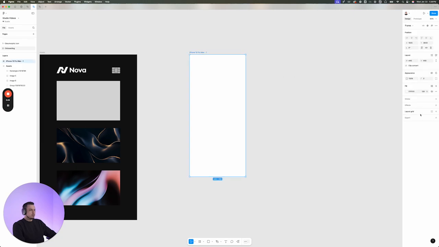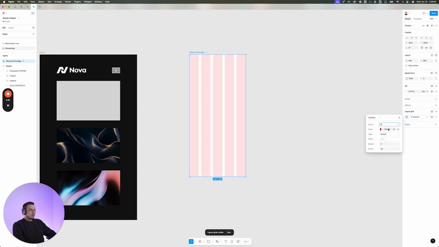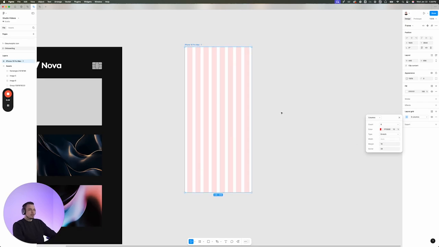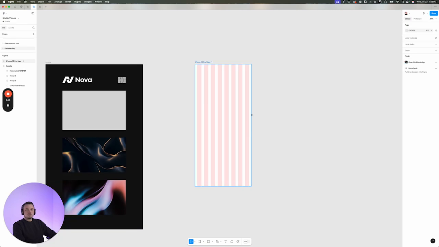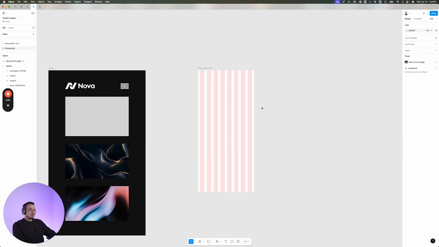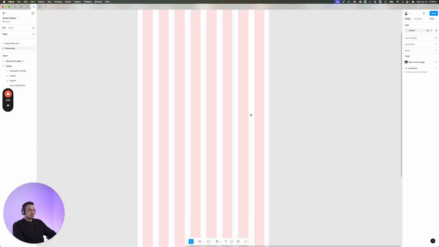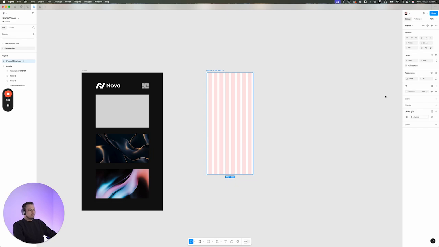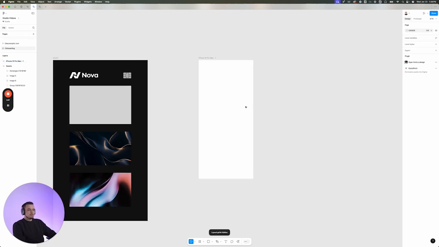And what I'm going to do is add a layout grid and show you how I set that up. So you want to switch this to columns, and usually I do about, let's say, see what 8 looks like. And for the margin we want to do 12, so we don't want anything closer than 12 pixels to the borders, and I might even do 16 just to give us a little bit of breathing room. And this guide will just help us align things on the screen here. You don't necessarily need to stick to it super closely, but this just helps us from designing too close to the edges and that sort of thing. So I'm going to turn it off right now, Shift G to hide the guide, and we're going to start